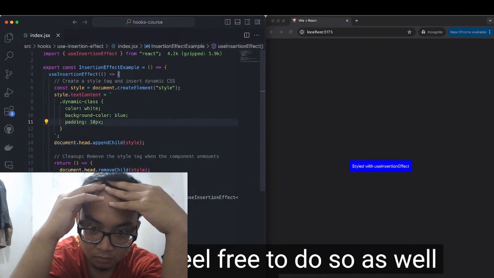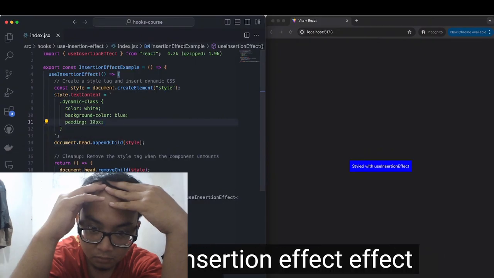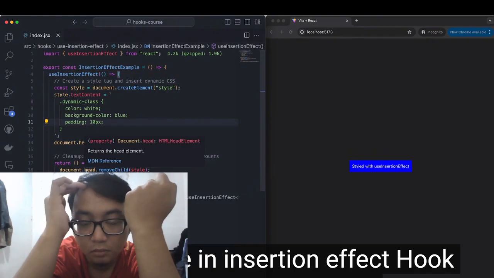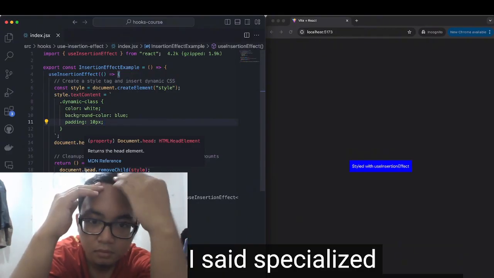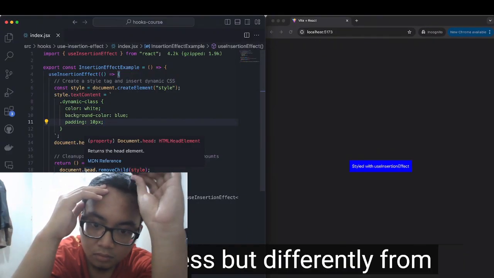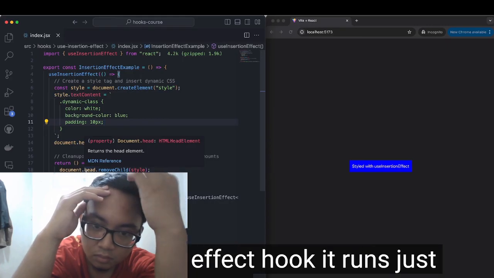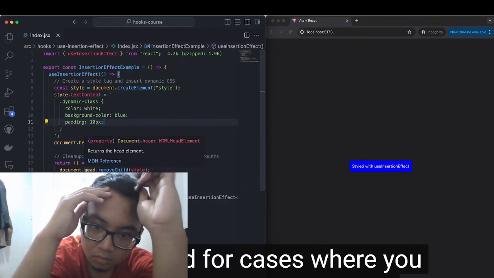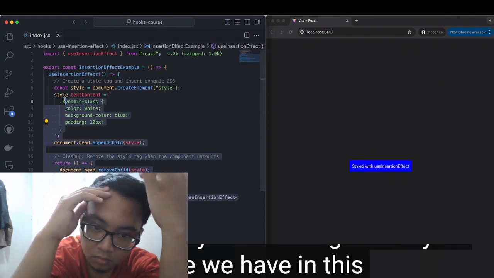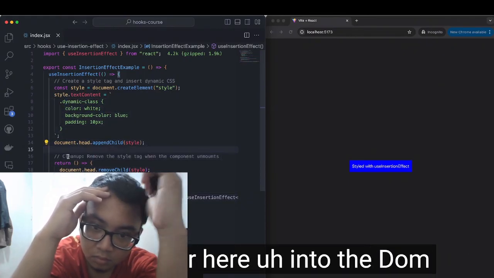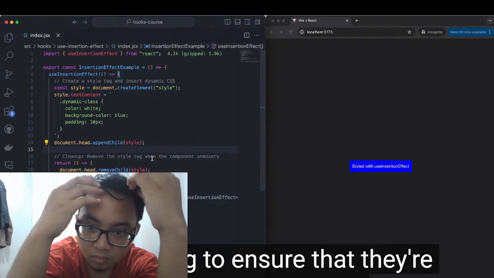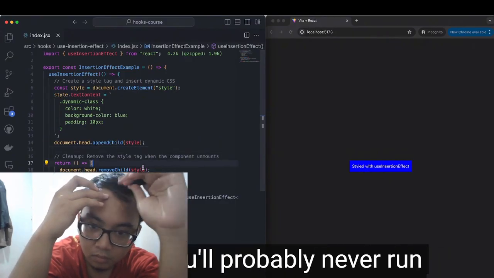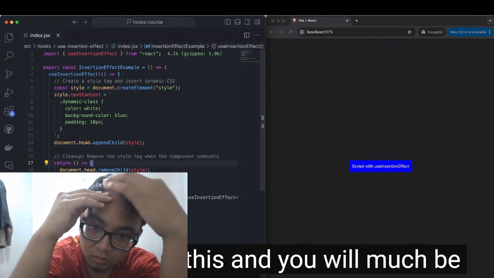So what is the insertion effect hook? The useInsertionEffect hook is basically, like I said, a specialized hook that runs synchronously during the rendering process, but differently from the useLayoutEffect hook, it runs just before the mutations are made to the DOM. So it is designed for cases where you need to insert styles, meaning CSS styles or style tags, like we have in this component over here, into the DOM during rendering to ensure that they're actually applied immediately. So you can see that you'll probably never run into a situation where you need to do something like this, and you will be much better off using the other alternatives. But